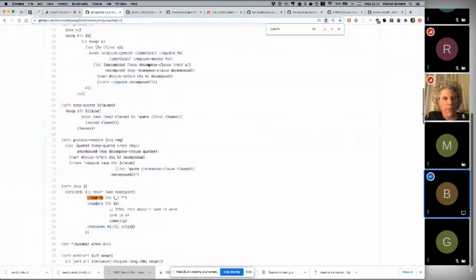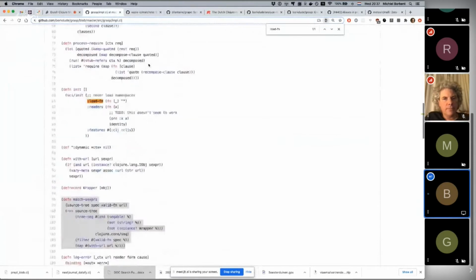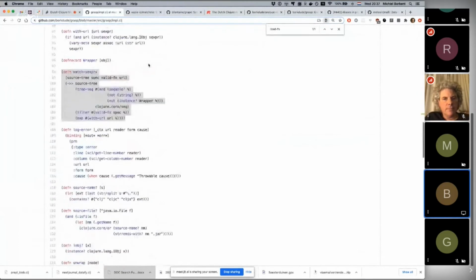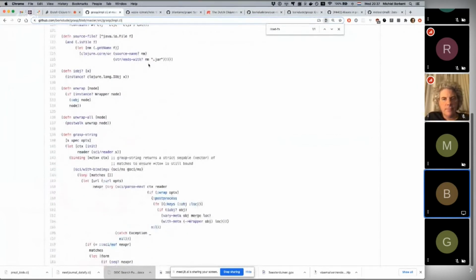Cool. Yeah, that's it. But that would actually be nice to have as a tool for bigger code bases at least. Yeah. And what I also find nice is that you can